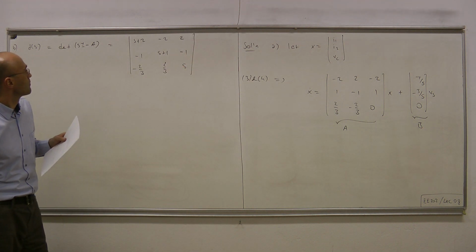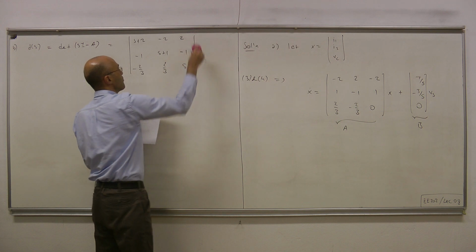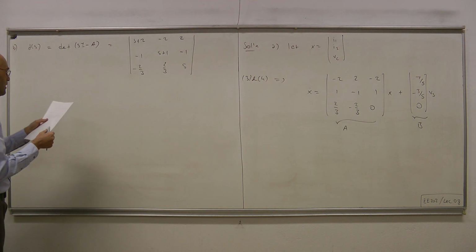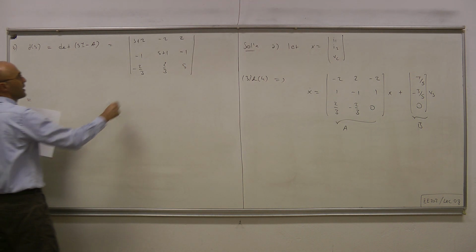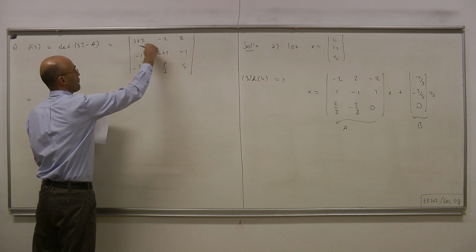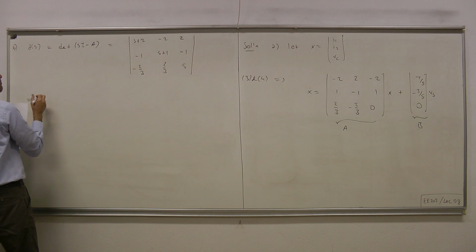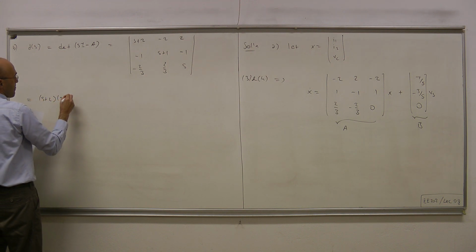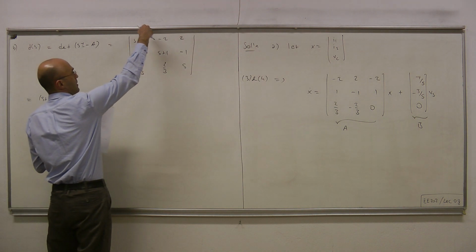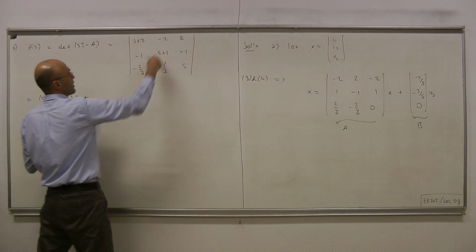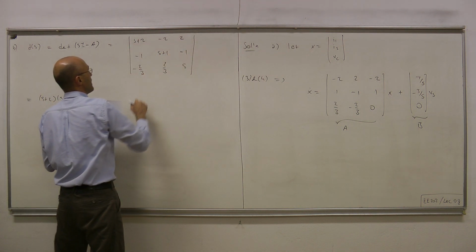Okay. So we're talking about computing this determinant, which equals the product of s plus 2 times s plus 1 times s, plus this times that,